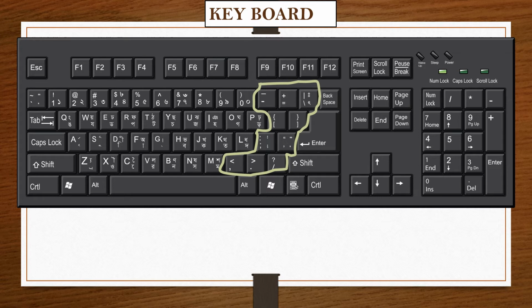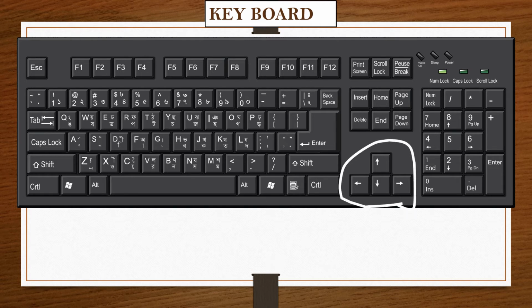Now we'll see modifier keys. Modifier keys modify the function of other keys. The shift key and control keys are also called modifier keys. Next one is the navigation keys. Navigation keys are used to move the cursor around in a document.